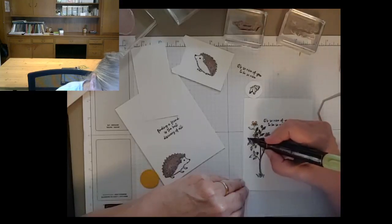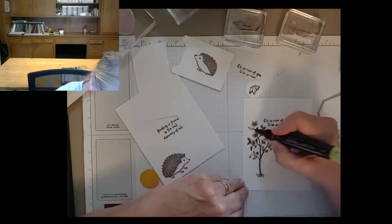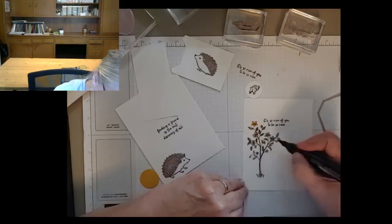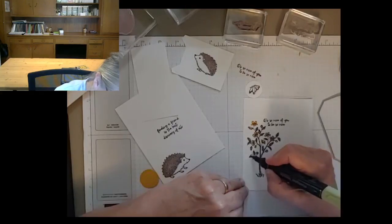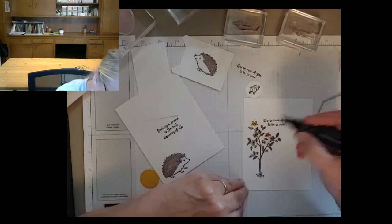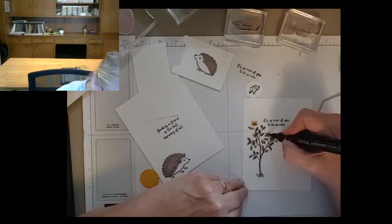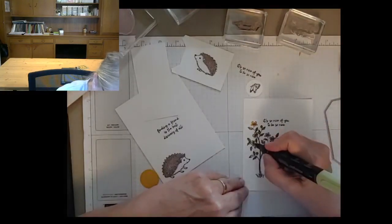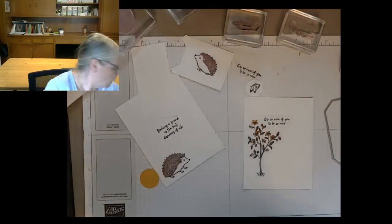So this is the Old Olive Light, and I'm being a little messy here. That was an oops. And I'm actually going to go in the center here, and that's going to kind of turn those centers from yellow to brown. Okay. Now my